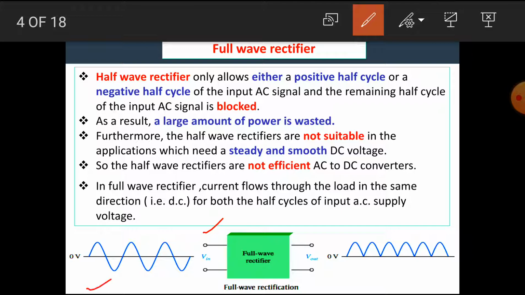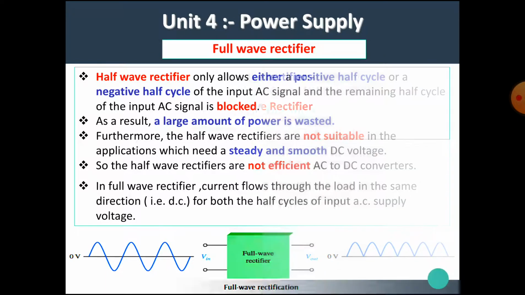This is the waveform of the AC signal having the positive half cycles and negative half cycles, and this is the output of the full wave rectifier, in which we can see that the positive half cycle output appears here and the negative half cycle output also appears here, but the only difference is that here this cycle was negative and this cycle is positive. That means whenever a negative half cycle appears, a positive output appears across the load. I hope you all now understand the full wave rectifier.